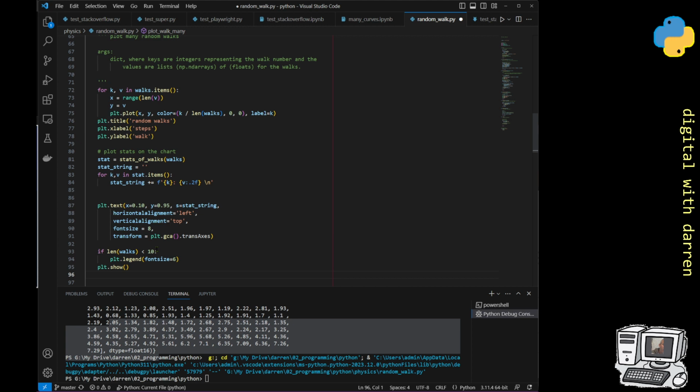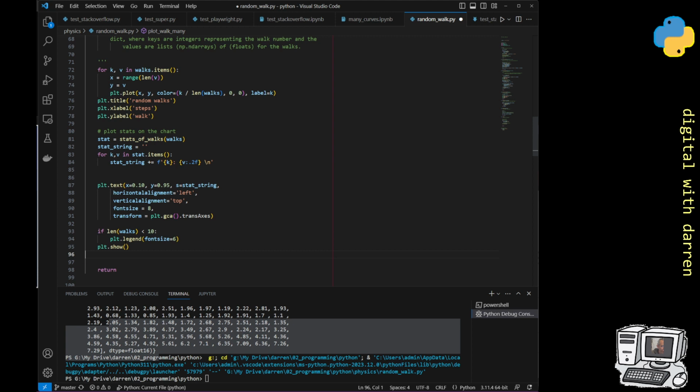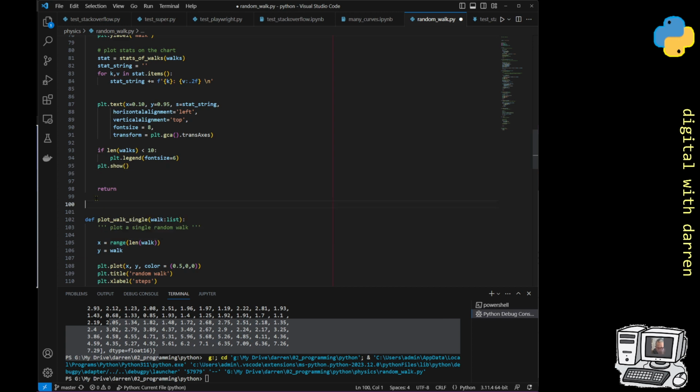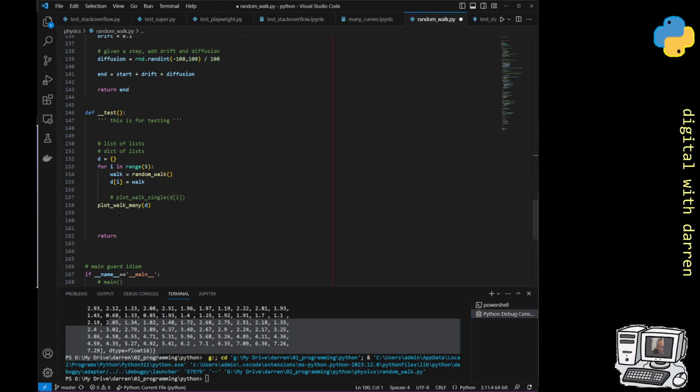But if we have more than like 10 walks, and we're intending to do like 1,000 walks or something like that, then the legend just starts to get illegible, so you can't really read it. So I've done an if walks is less than 10, then we'll print the legend out. Otherwise, we're going to omit the legend. So it's basically going to run now, and I'll go through the stats a bit later